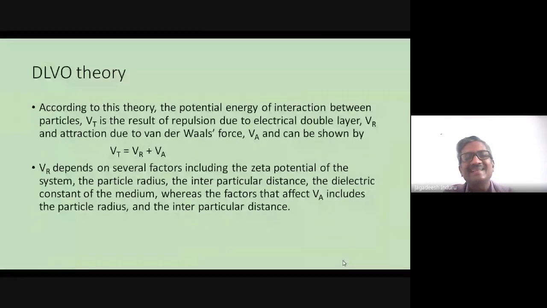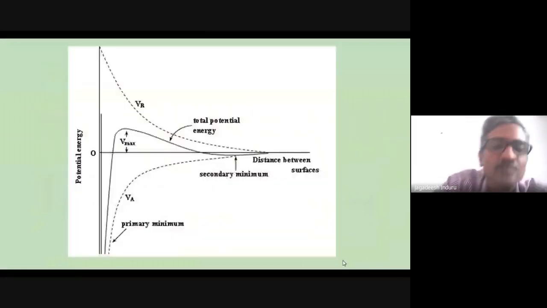When the particle radius is bigger and bigger, then what will happen? The particle will become bigger and will tend to form a sediment. When it forms a sediment, the particles come closer. When they come closer, according to DLVO theory, they will get attraction. That's what is seen in this particular diagram. If you see here, it contains two attraction